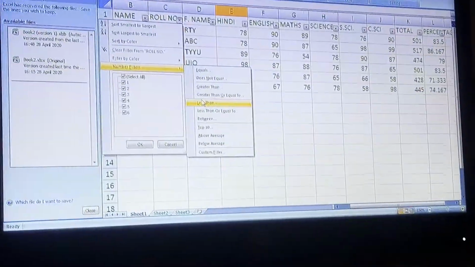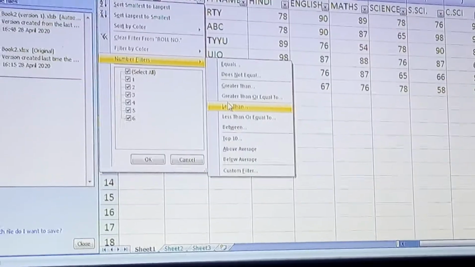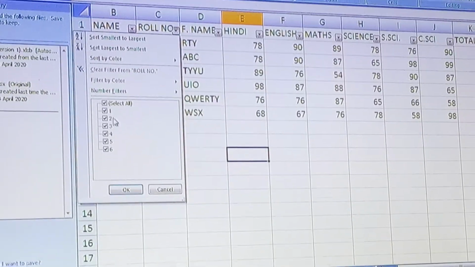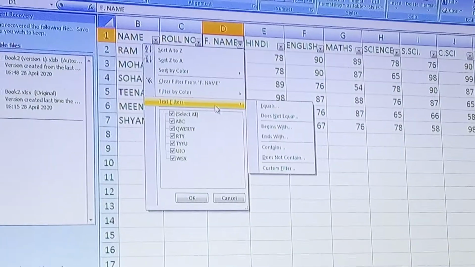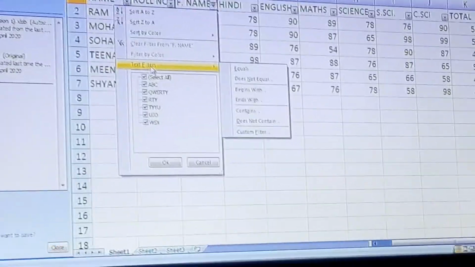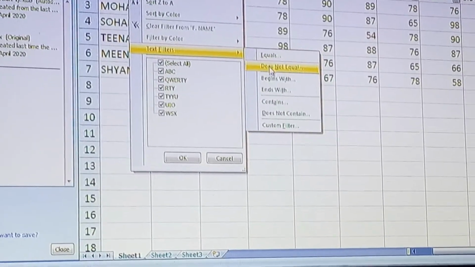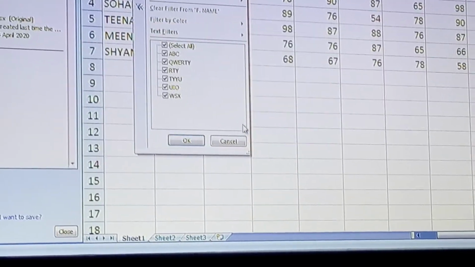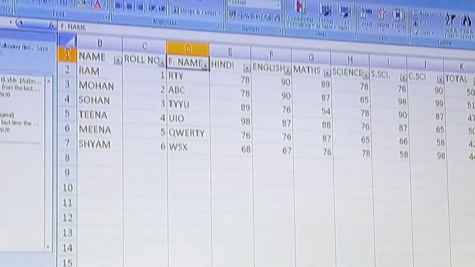It contains equal to, does not equal to, greater than, less than, etc. So in auto filter, by selecting all, your exact value, or selecting filters which are text filter or numeric filter, you can apply any of them, or the exact value. Clear? We have learned all about this in the last lecture.